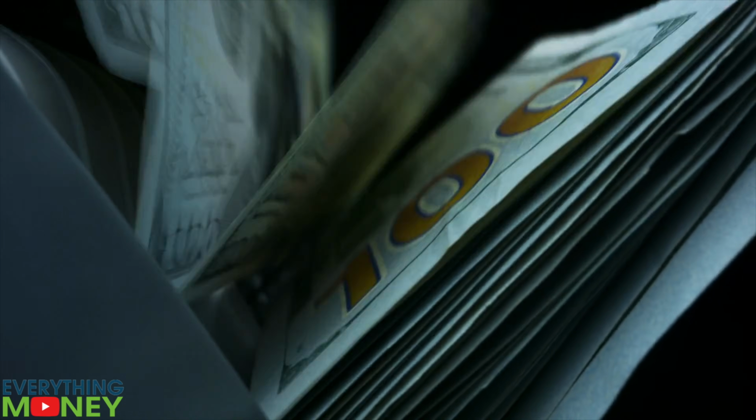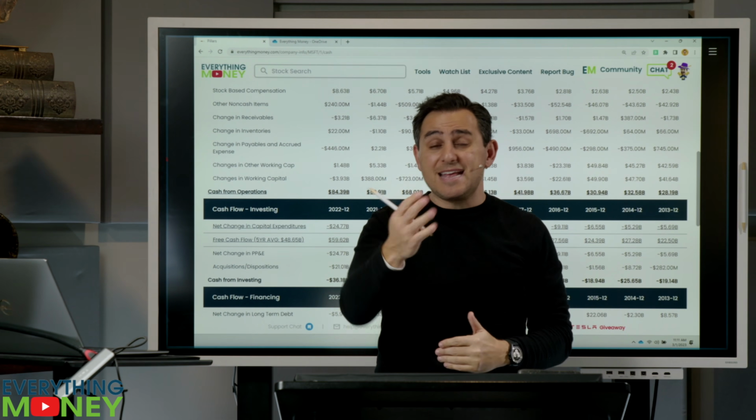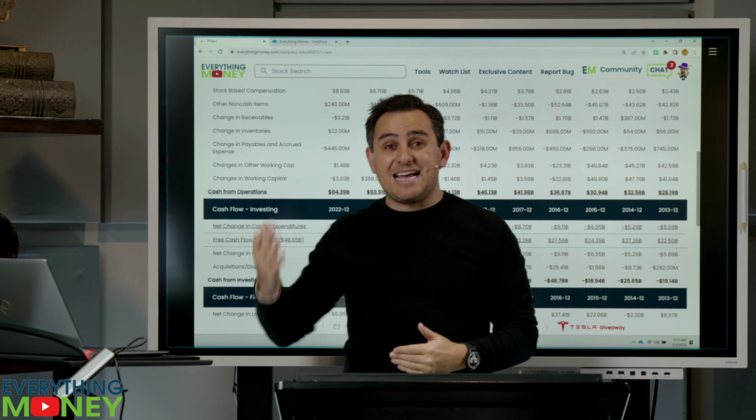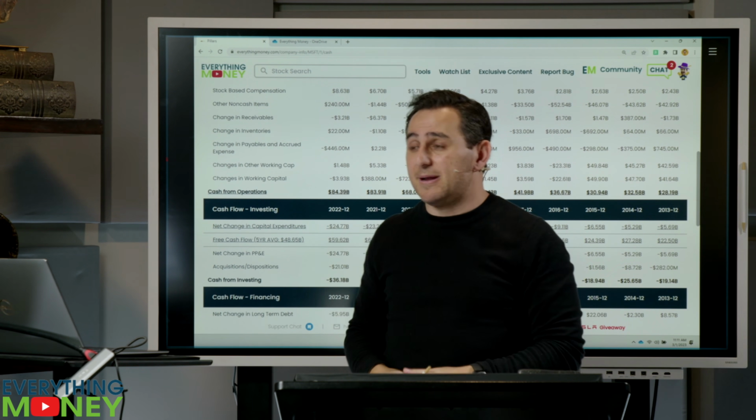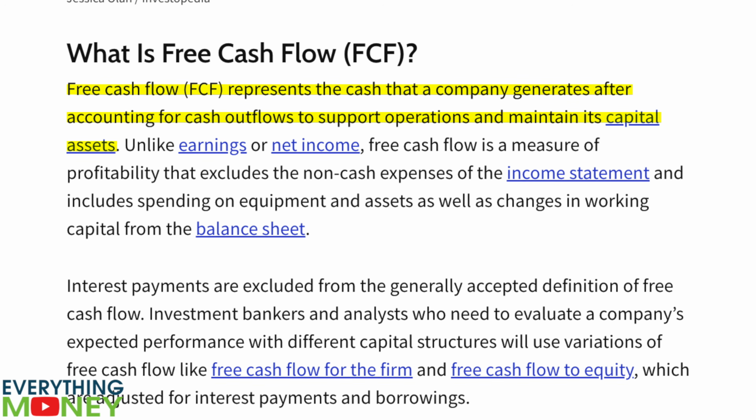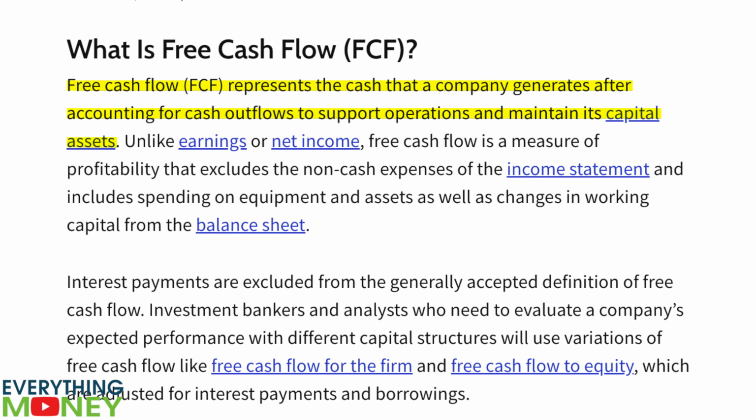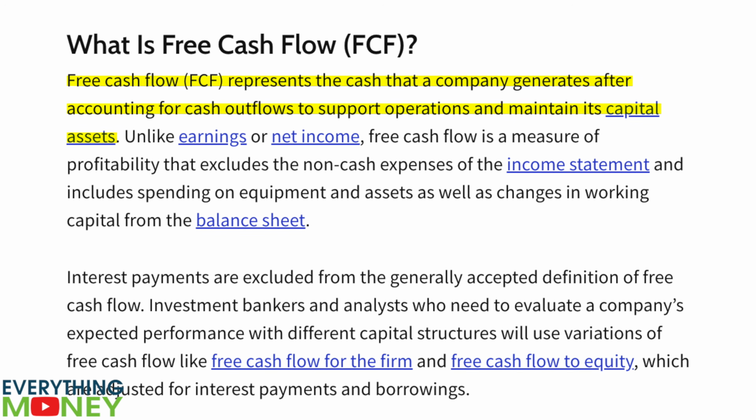If you generate $10 billion in operations and you spend $10 billion in capital expenditures, your net income will look a lot higher because you can't deduct that $10 billion in capital expenditures day one. So free cash flow is the money that's actually left for you at the end of the day to be able to do one of 5 things.